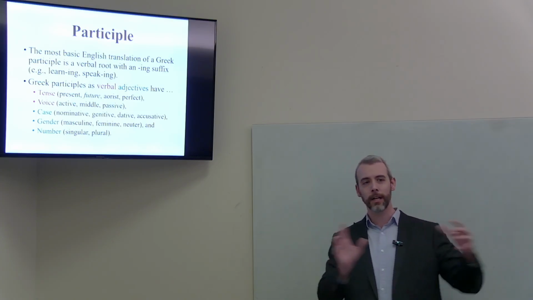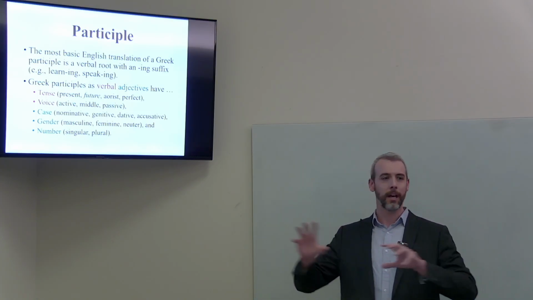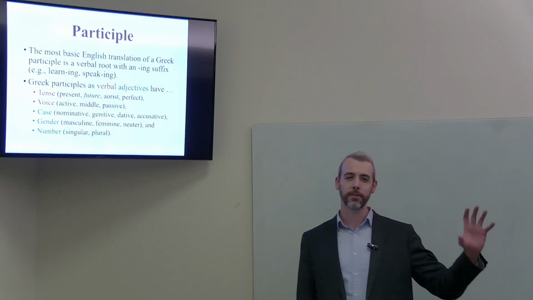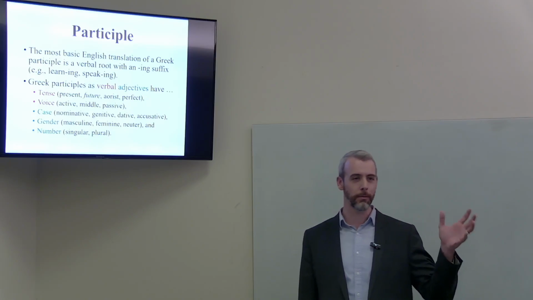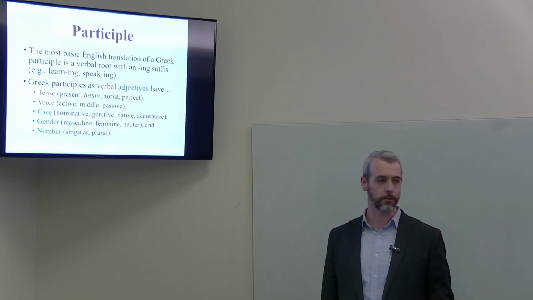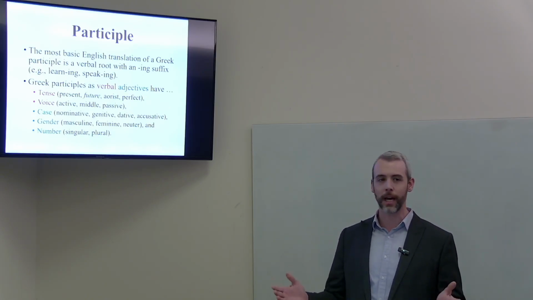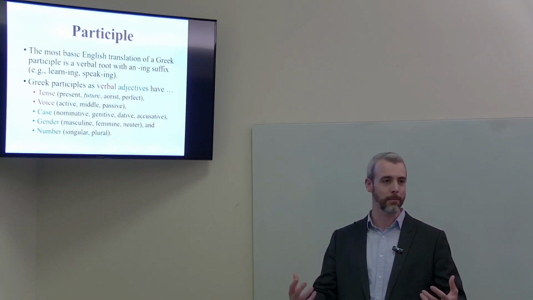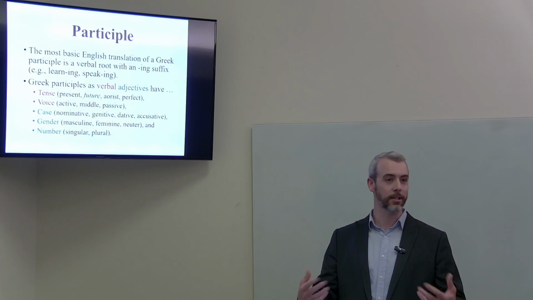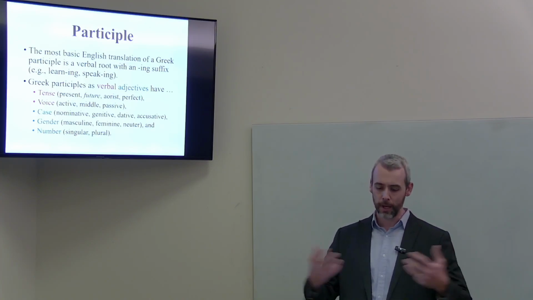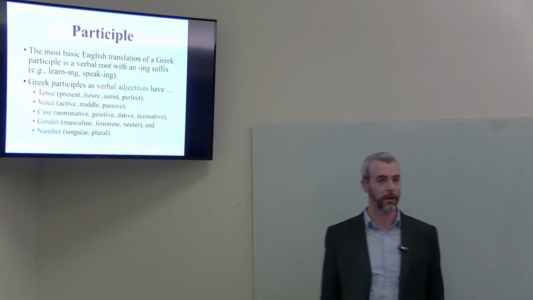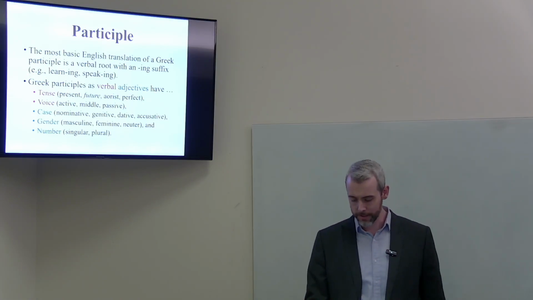So notice how we're kind of carrying over some things from nouns and also some things from verbs. We kind of skipped over adjectives a little bit. We didn't go in depth, but they have the same characteristics as nouns. So when we call it a verbal adjective, just recognize that you're using a verb to describe something. So it's going to be acting like an adjective, but it is a verb in a sense. And so you have to have these various ideas that are agreeing with whatever it's describing. All right, that being said,